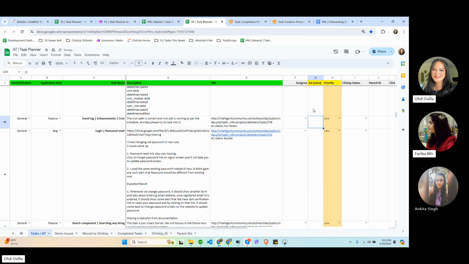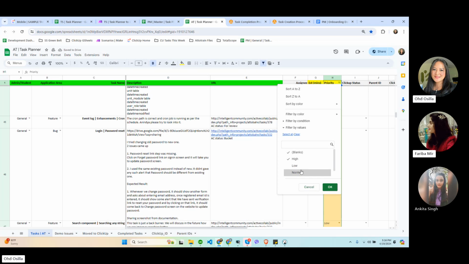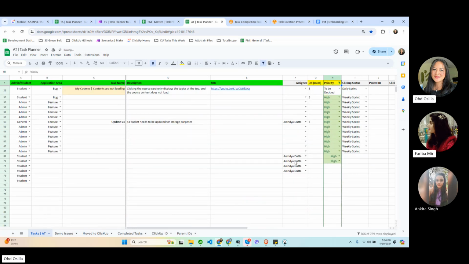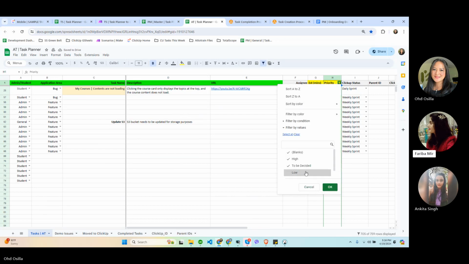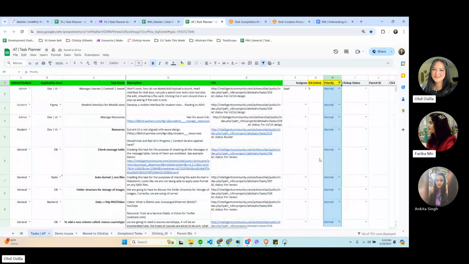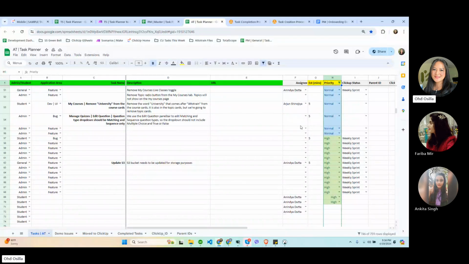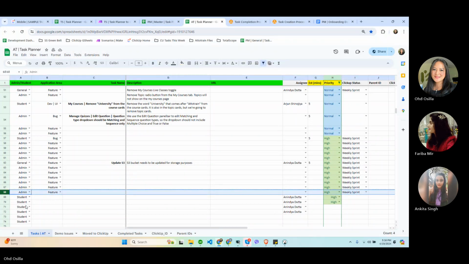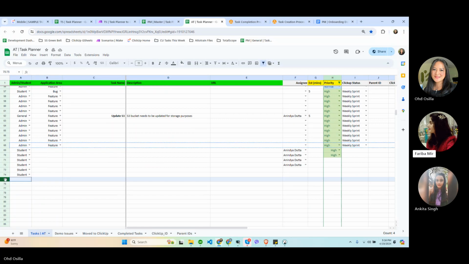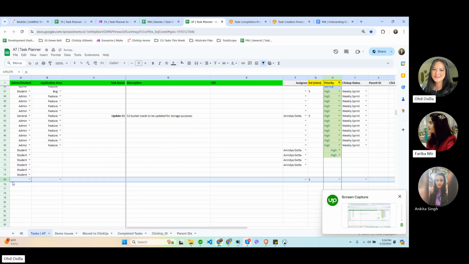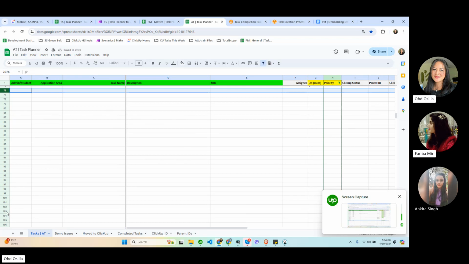Let's add a filter here because the normal and low are per old tasks. Let's see if we can also add normal. The low and normal priority tasks were old tasks that were created a year ago, I think. So yes, you can add it here. Just make sure that all the drop downs are present. Let's copy that in all the rows.